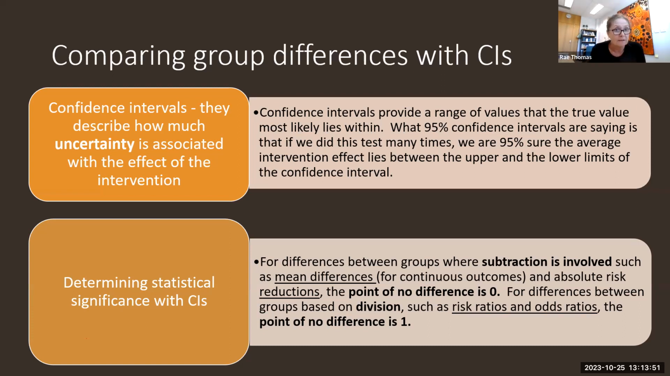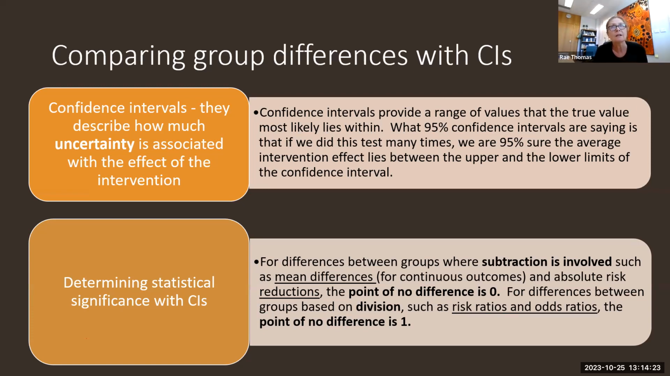Now, when we're looking at confidence intervals and you want to figure out whether there is statistical significance in that difference, you want to look at two things. For differences between groups where subtraction is involved, things like mean differences for continuous outcomes, and this is why I wanted you to know about continuous and dichotomous, and absolute risk reductions, the point of no difference is